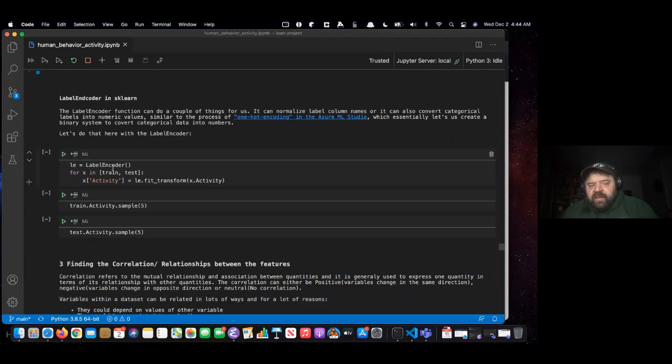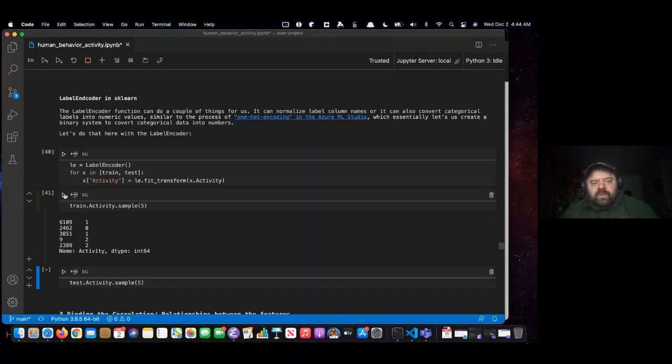So in this case, we're creating the label encoder, we're iterating over all the training and test data, and we're, in essence, overwriting the existing value. So where it's an object value up above, we're going to turn it into a numeric value with the label encoder by transforming the data. So now if we take a sample of 5 values from our training activity column, you'll see that we have